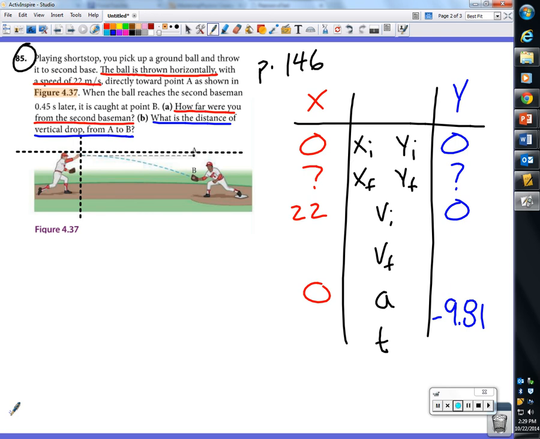What other information did they give us? They gave us the time. Yesterday, what did I tell you about time? It's pretty important as far as solving these problems go. Happens at the same time, meaning what's true about the time horizontal and the time vertical? They have to be the same. Always, always, always. So this is 0.45. And this is 0.45, okay? Because those two horizontal and vertical motions occur simultaneously, those times have to be the same, okay? Good there. All right, then going back to